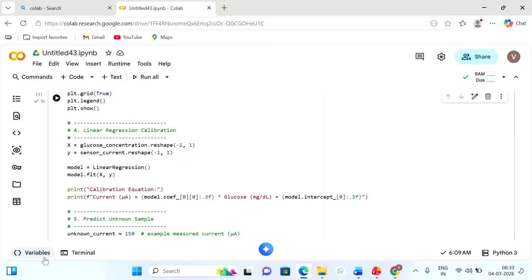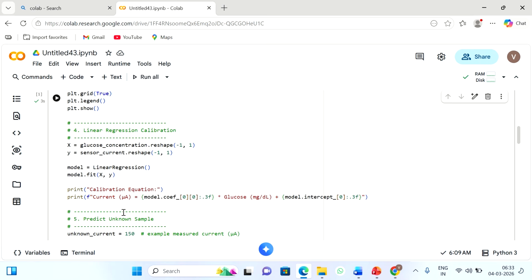So model is equal to LinearRegression, so model.fit(x, y). This calculates the best fit straight line, and then what is the formula? Current is equal to mC plus b, where m is equal to the model coefficient, which is giving the sensitivity, and b is equal to the model intercept. It is giving the baseline current, and then we have to print the